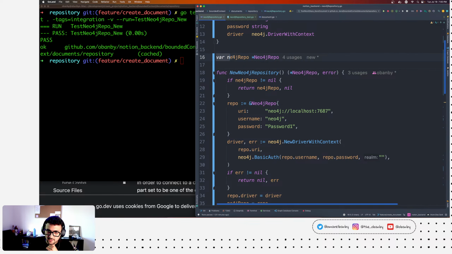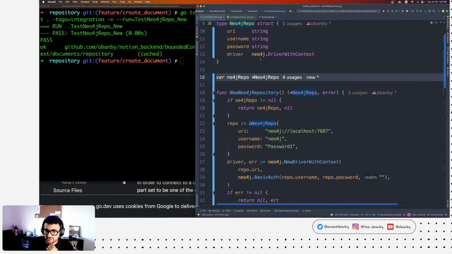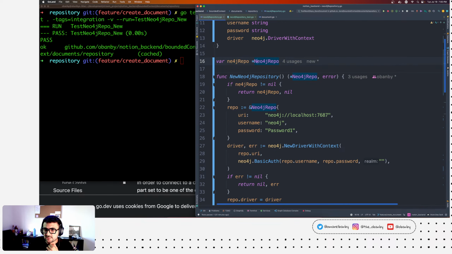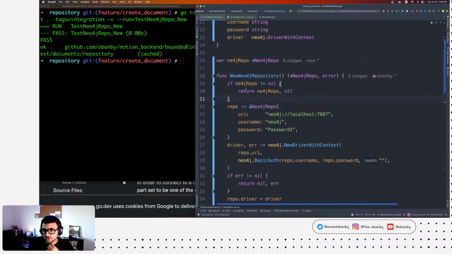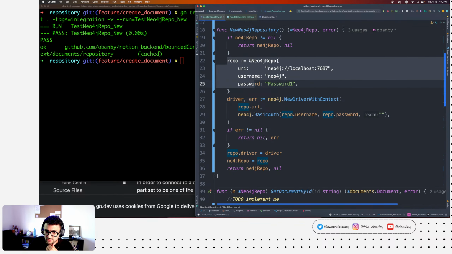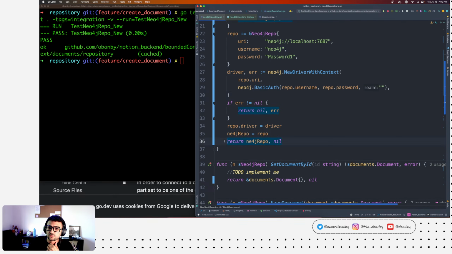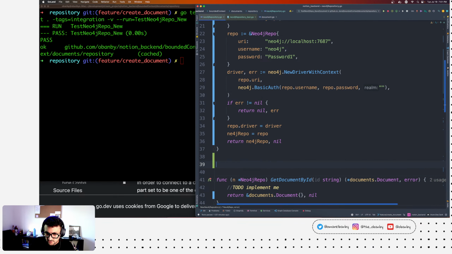You have a package variable that is only accessible within the package, and every time someone calls the Neo4j repository, you check if it already exists. If it does, you return the same instance. If it doesn't, you create a brand new instance and you return it for them, right?